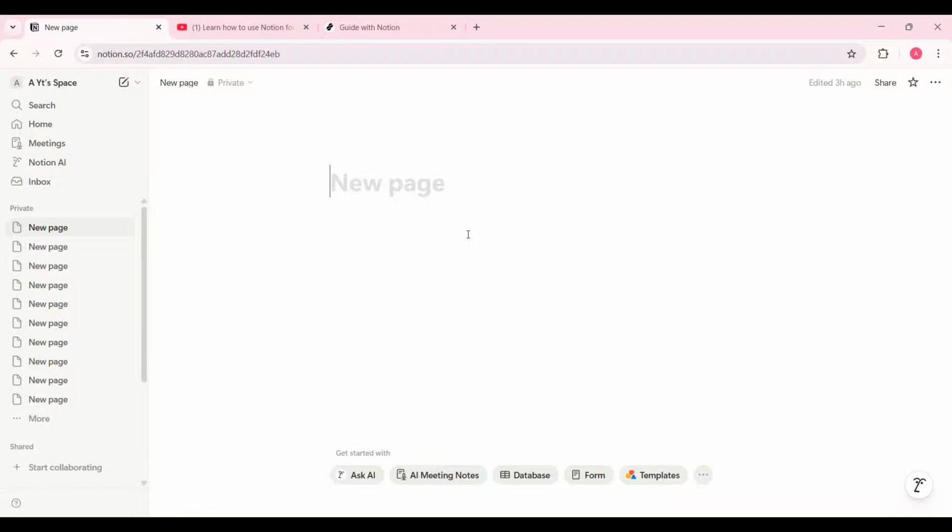In today's video, I'm going to show you exactly how to build a simple but powerful project management system in Notion, step by step. This setup is perfect if you're managing personal projects, client work, or even a small team. And the best part is that we'll be using Notion's built-in templates so you don't have to start from scratch. By the end of this video, you'll have a fully functional projects and tasks workspace that you can customize however